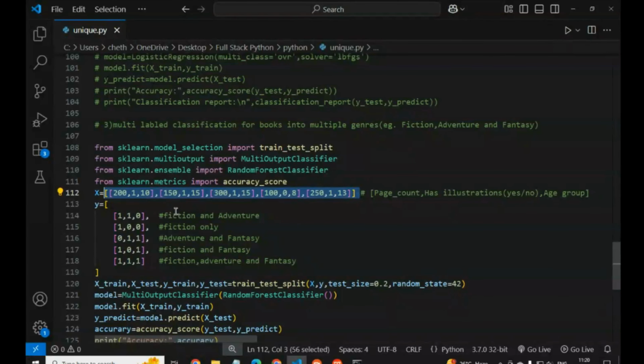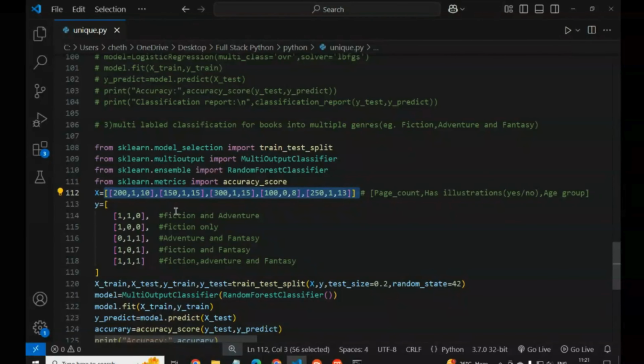It is a machine learning algorithm that creates multiple decision trees. Why do we use accuracy score? To evaluate how well the model predicts multiple labels.